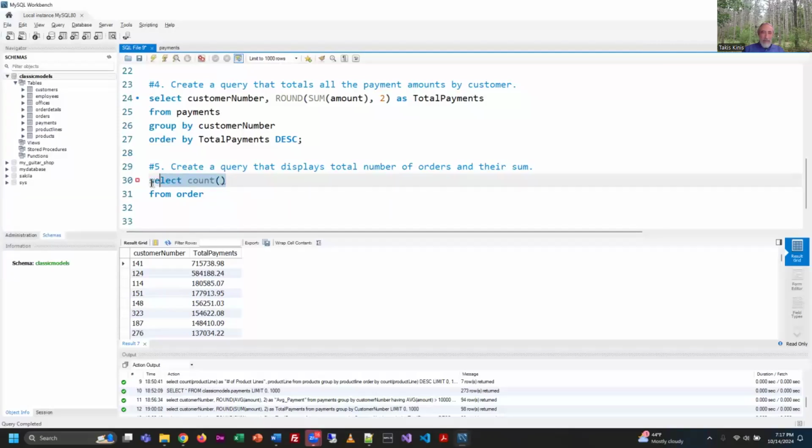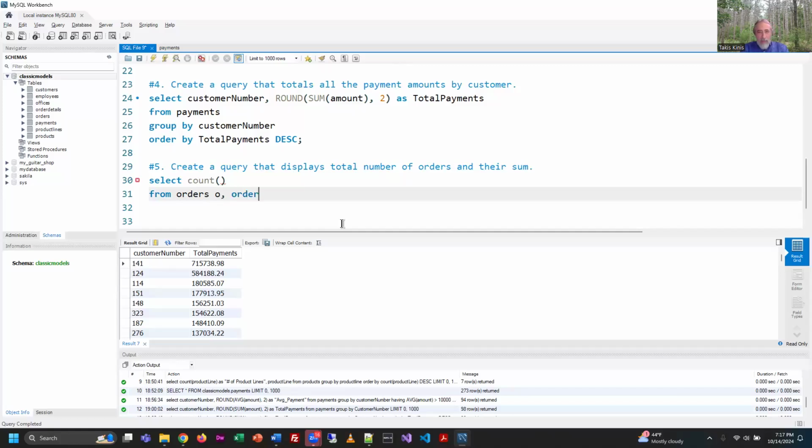But okay. So once again, I realize I'm going to have to select based on a count ultimately, but I am going to grab from the orders table and I'm going to alias that as the letter O. So that will be my prefix. And I'm also going to grab from the order details table, which I'm going to designate as OD. So those are the prefixes I'm going to use up here. Here, I'm actually going to pull it from the order details table. I'm going to pull the order